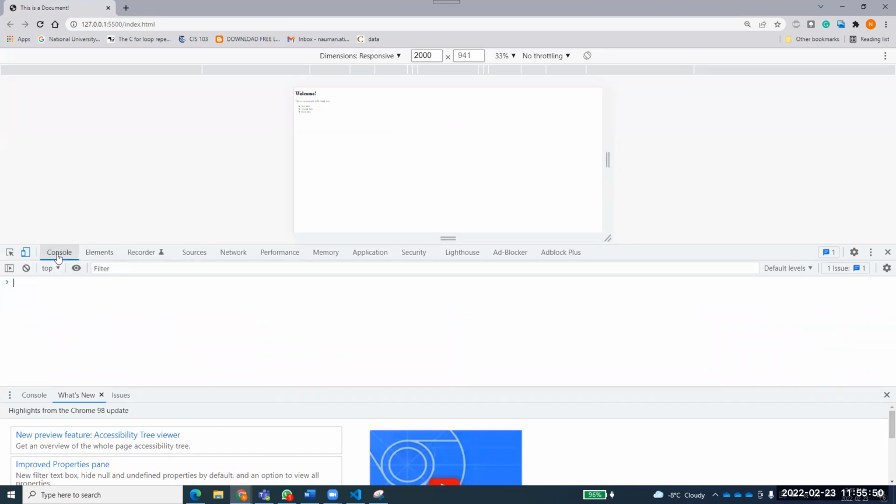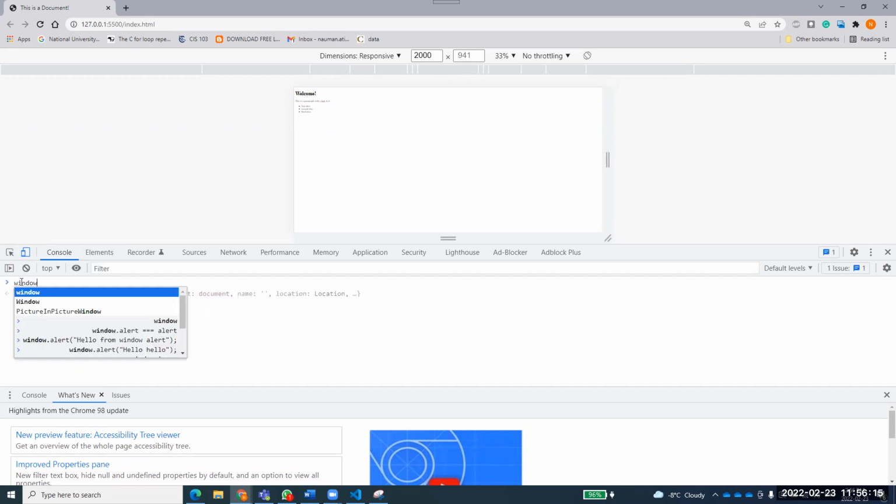If you go to console, here there is a global object that handles all my document over there. What does that mean? And what is that? First of all, there is a super global object which is called window. Do you know, everyone, that there is a super global object which is called window? And all those functions